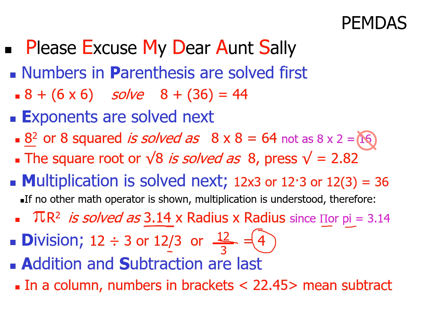And the last thing we do in an equation, we do any addition, and then we do our subtraction last. Now, these brackets right here mean to subtract one number from the other, sort of like a negative. So whenever we see a number inside a set of brackets, it means to subtract the number from the others, is all it means.